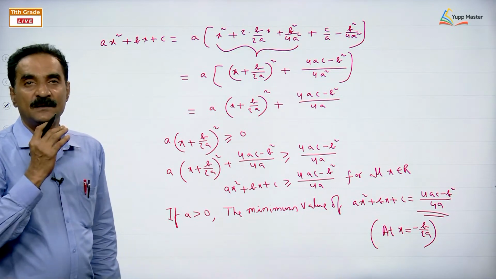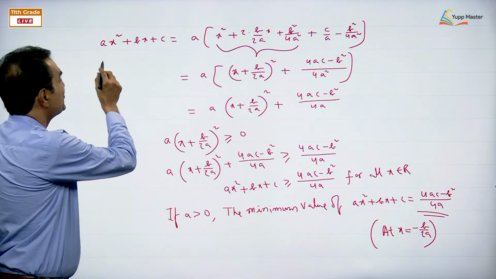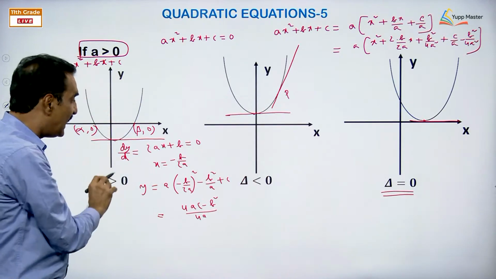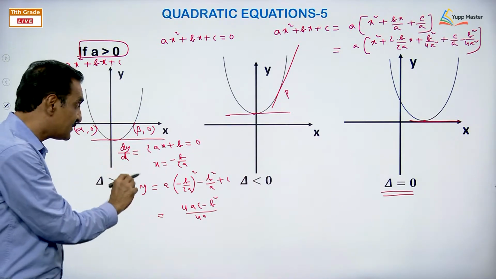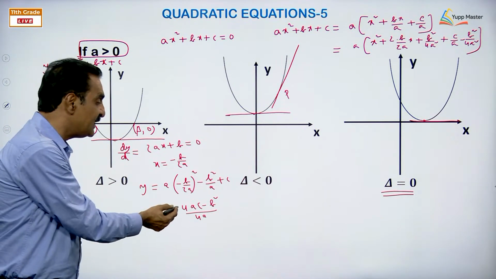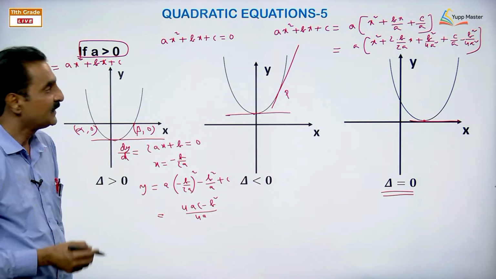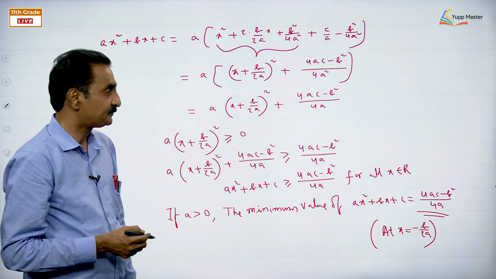So, if a is positive, ax square plus bx plus c will have a minimum value. At what value of x? At x is equal to minus b by 2a, and the minimum value is given by the formula 4ac minus b square by 4a. Now, let us take